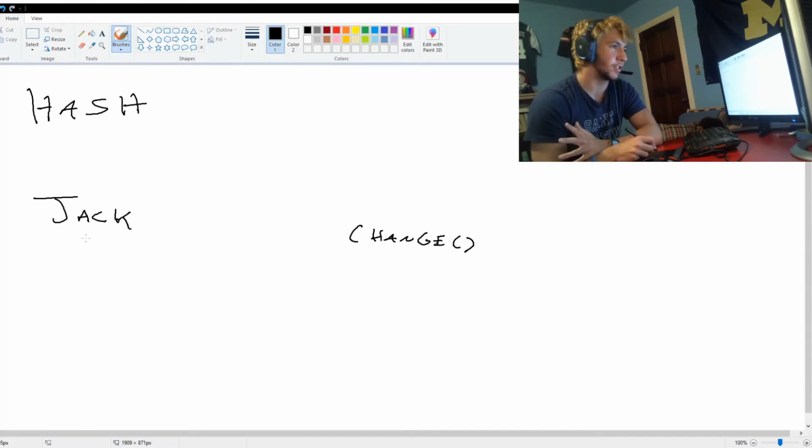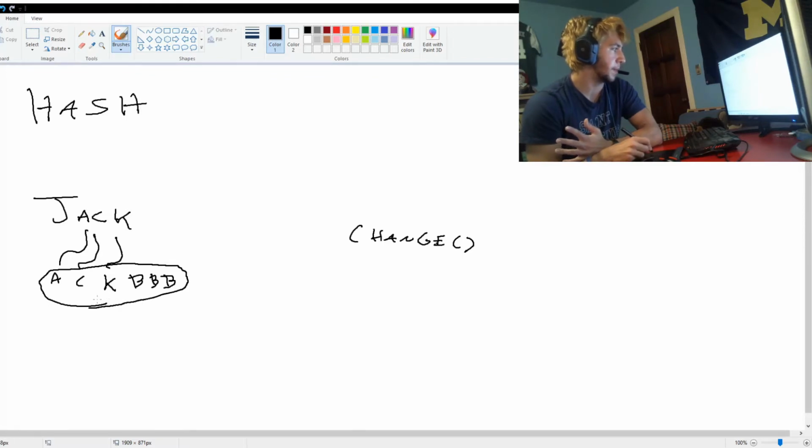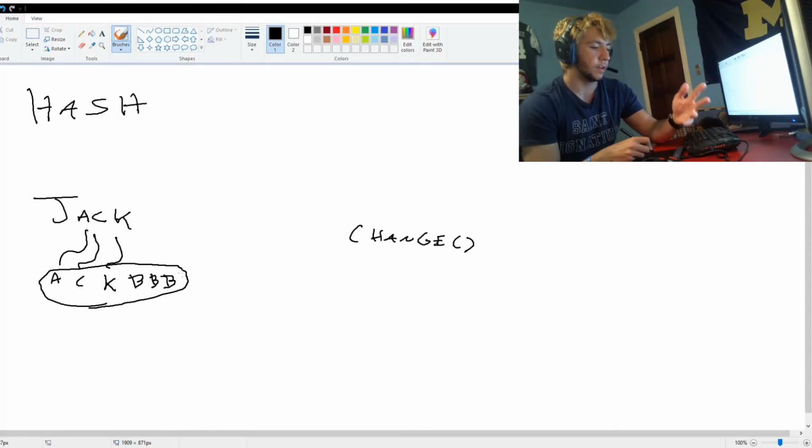The way this hashing function is going to work is it's going to take the last three letters off of my password, move them to the front, and then it's going to add B, B, B. And again, very crude, very arbitrary, but a good example of how a hashing function works. So the way this hashing function is set up is whatever password you give it, pops off the last three letters, adds BBB to the ending. So, say you were to input Jack, you're ending up with ACK BBB.